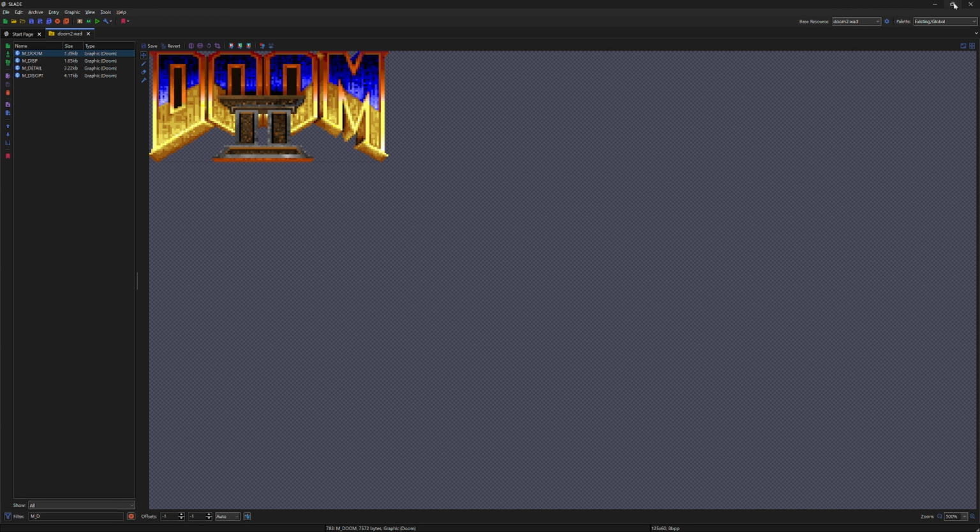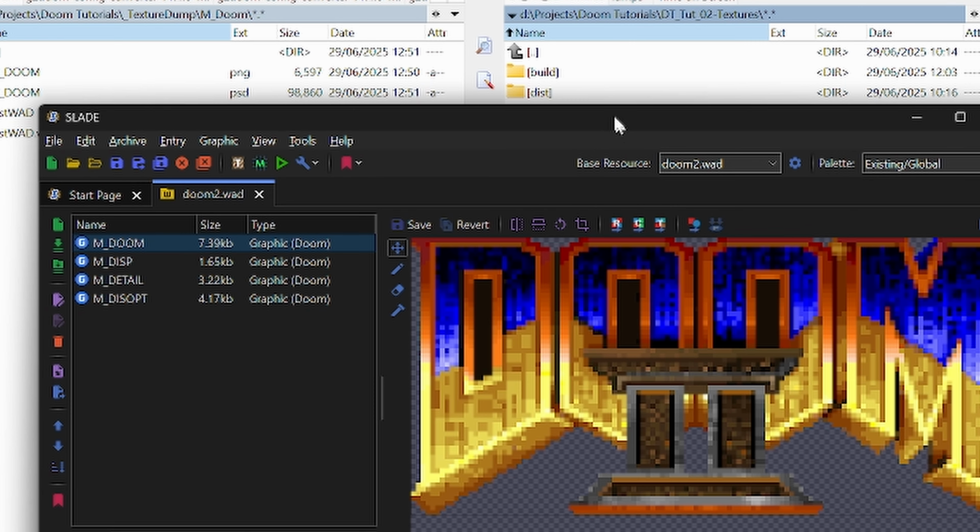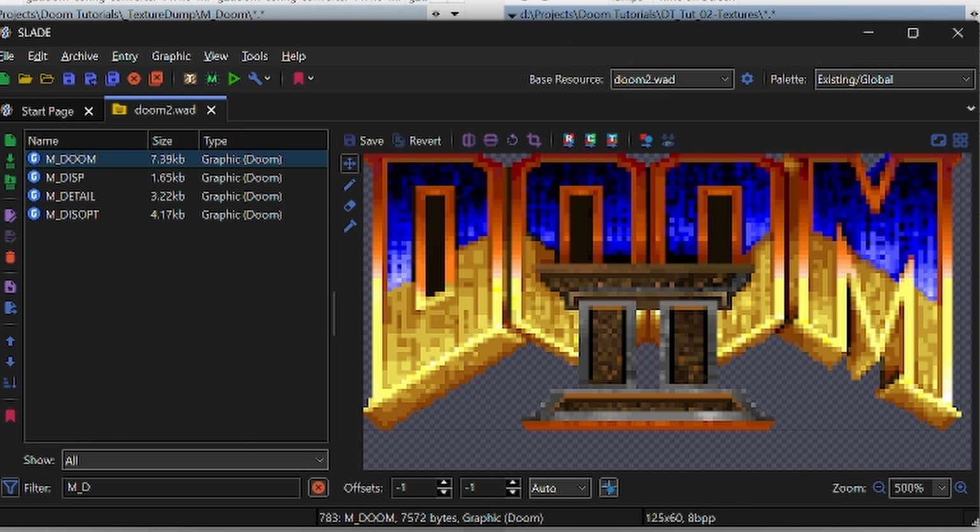Now, I'm just going to shrink this down a little bit to make it easier for me to fit on the screen on YouTube. I should have done this the whole time. But basically, at the bottom of Slade, it has these offsets that allow you to change the position of some of the graphics in Doom. So you can change a lot of stuff. This is how you can make really interesting custom HUDs and all this kind of stuff very, very easily using